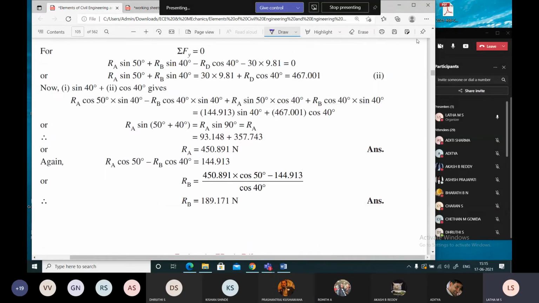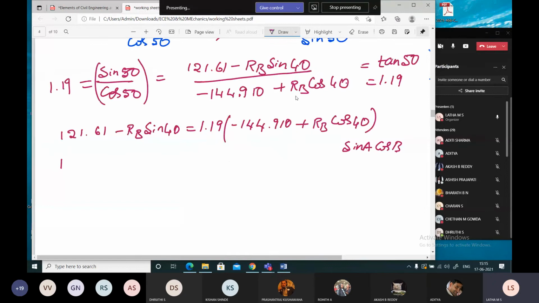Something like that has happened here also. Are you sure you will get it that way? Please try that way. You understood what the student is telling? See, when we do it this way, we will again end up with RB cos, sin theta, sin 40, but we have the value of